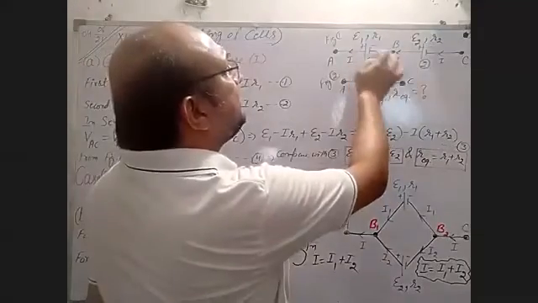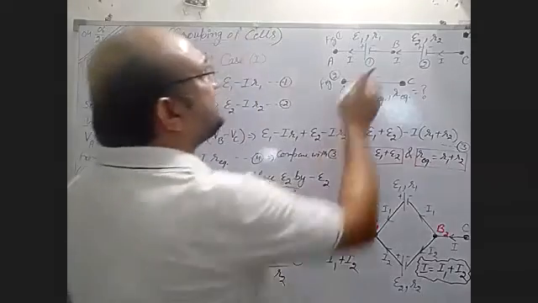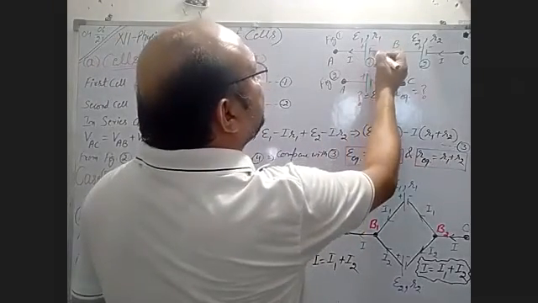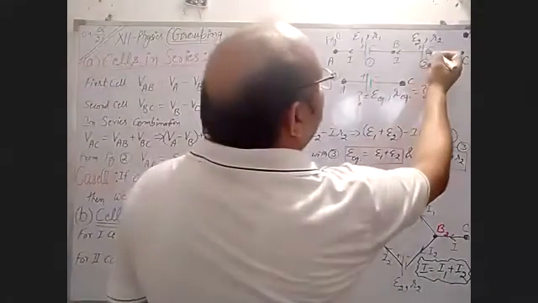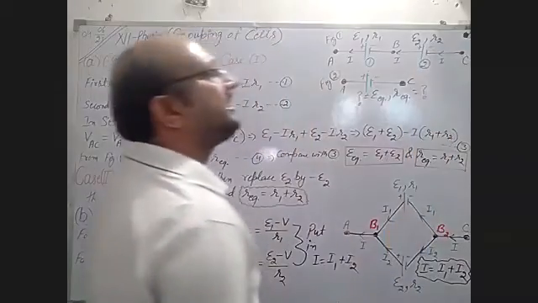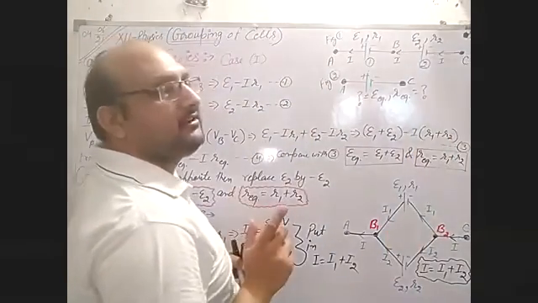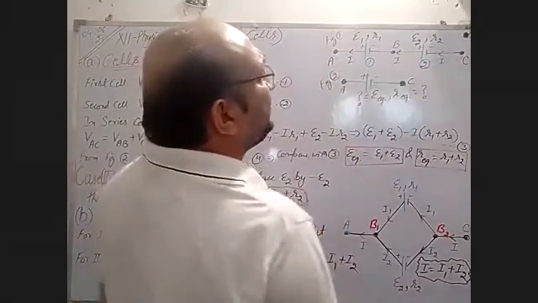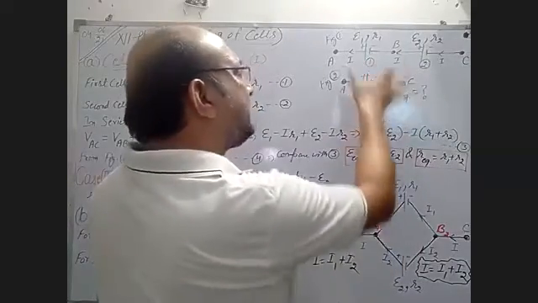In this situation, there is a schematic diagram in front of you. There are two things for this cell, E1 and R1. E1 is the EMF of this cell and R1 is the internal resistance. Similarly, here E2 is the EMF of this cell and R2 is the internal resistance of it. Both cells are not identical. Now, if they are connected in this way, then the second diagram is only the result of that.